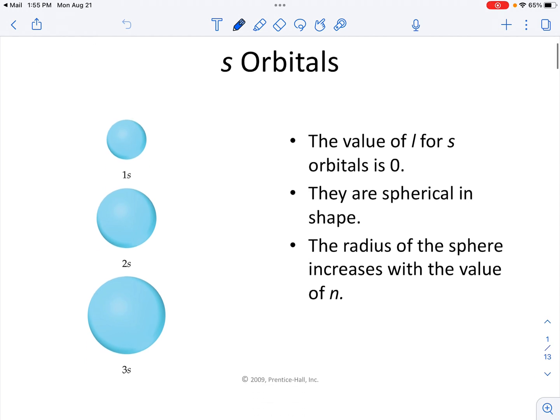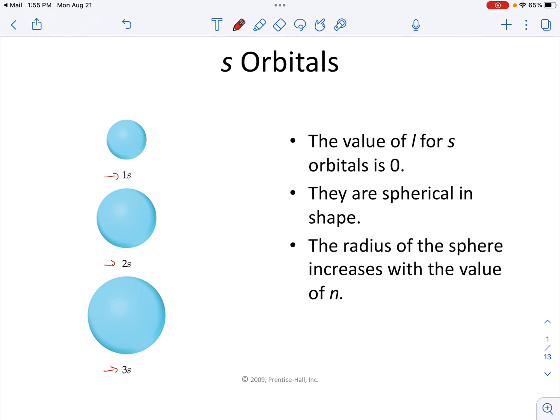So something that you hopefully remember is that there are different orbital types for our atoms. S orbitals, for example, which are spherical orbitals, and depending on what the number is out front, that's going to dictate really how big that orbital is. So you can see here we talk about a 1s, 2s, and 3s orbital. So that number out front is really telling us what row in the periodic table we're in, but also how